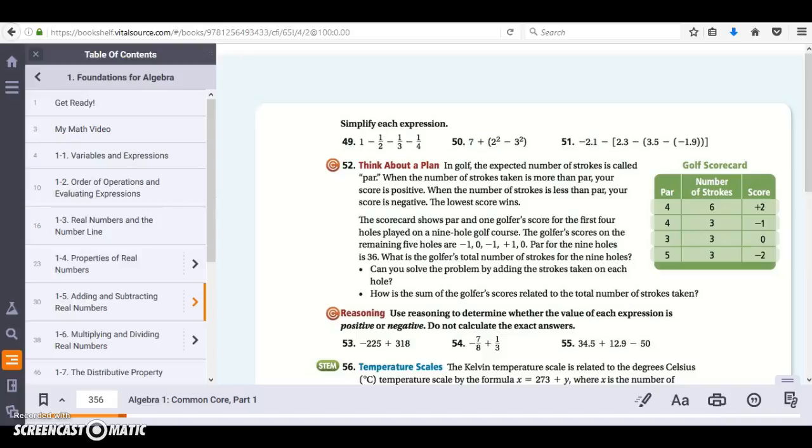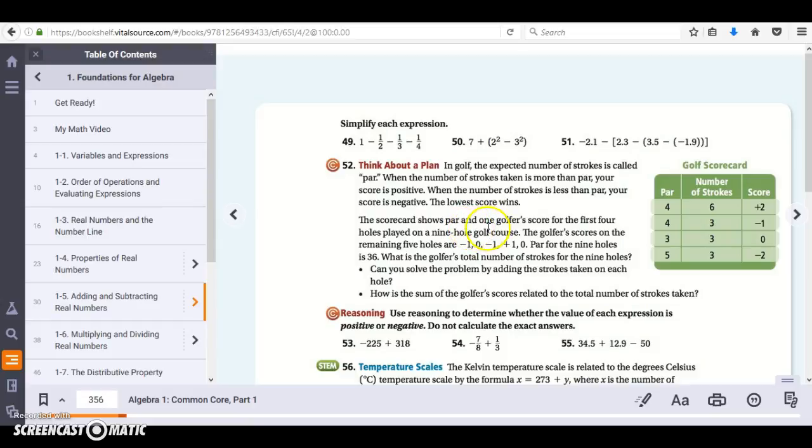Okay, we're looking at problem 52 on page 35. It says, think about a plan. In golf, the expected number of strokes is called par. When the number of strokes taken is more than par, your score is positive. When the number of strokes is less than par, your score is negative. The lowest score wins. The scorecard,